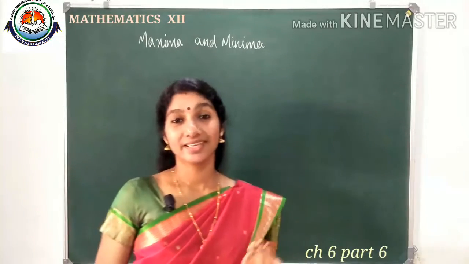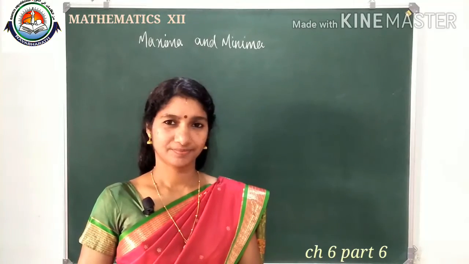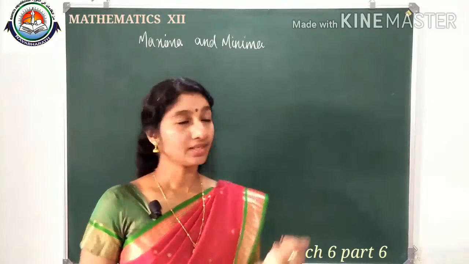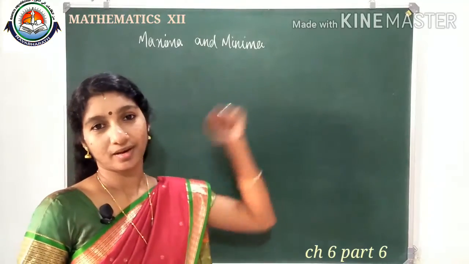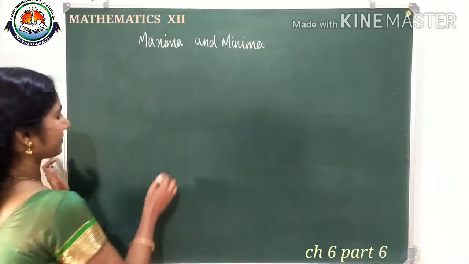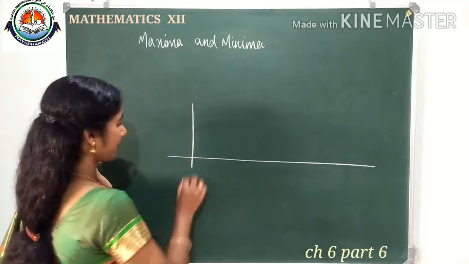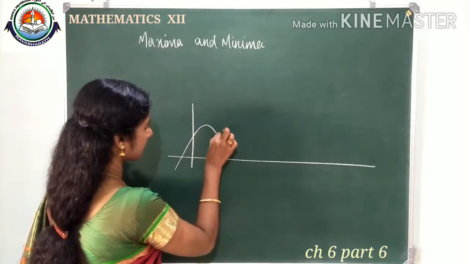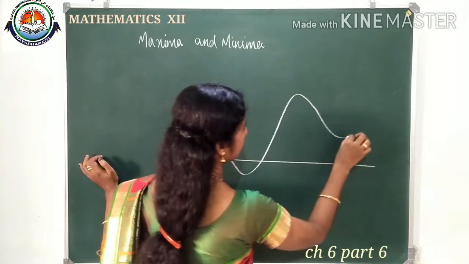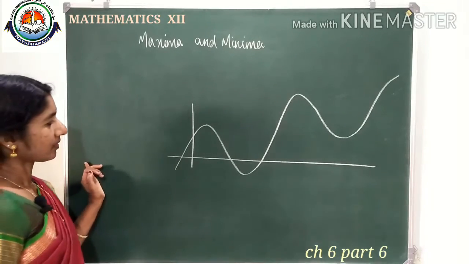In our previous day we were discussing increasing and decreasing functions. And the next application of derivative that's coming is maxima and minima of a function. For that, we can consider one function. One function is coming like this, its graph. Suppose this is one function, f of x.